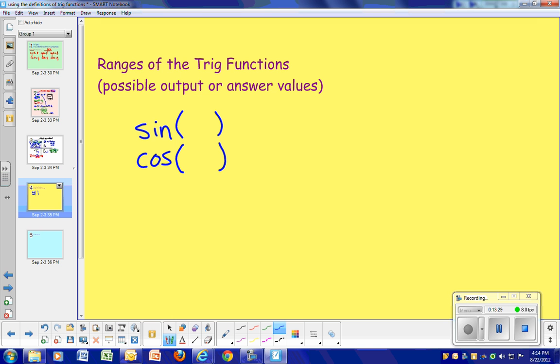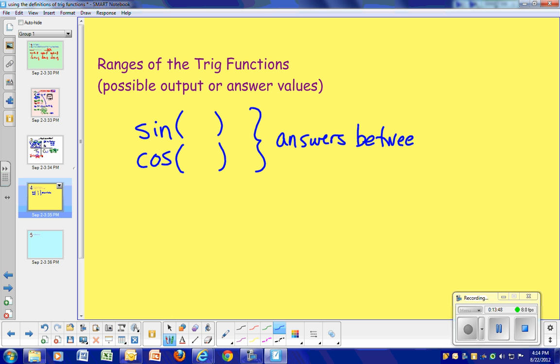So if you were to type in sine of something and your calculator gave you the answer 2.6, I would know immediately that something was wrong, because it's a fact that sine and cosine should give you answers